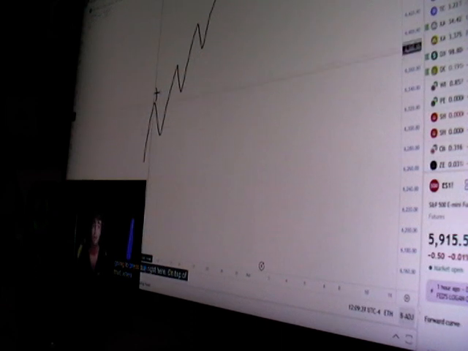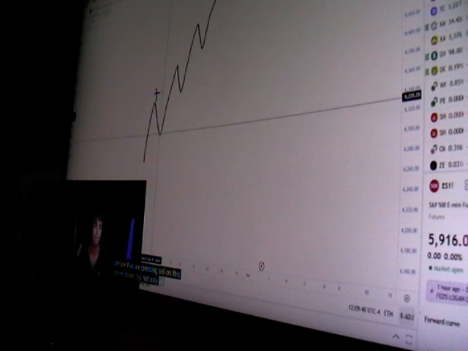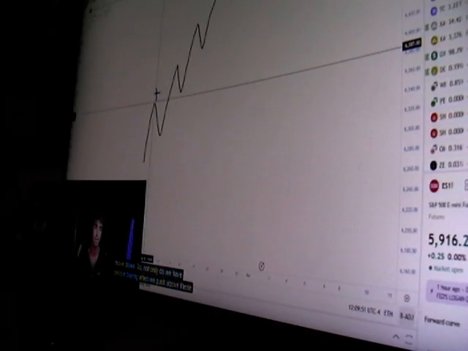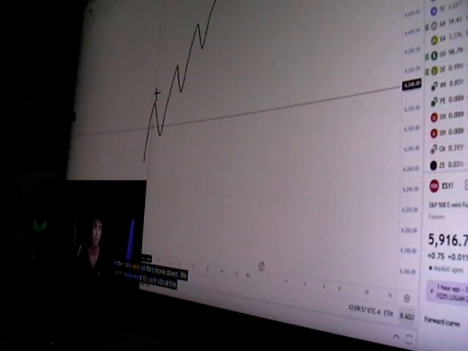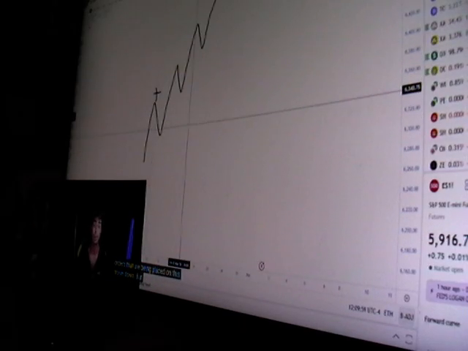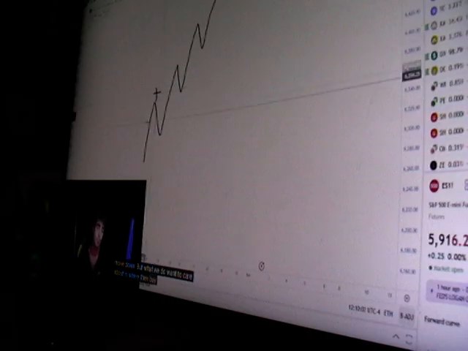On top of that, when we see this little move down, even though we're in an uptrend, there's going to be some people that are trying to predict a reversal. So there's people that are pressing sell on this move down. So not only do we have people buying when we push above these highs, but we also have people trying to enter into sells on this move down. We don't really want to care about the sell orders that are being placed on this move down, but what we do want to care about is where their buy orders are going to be.